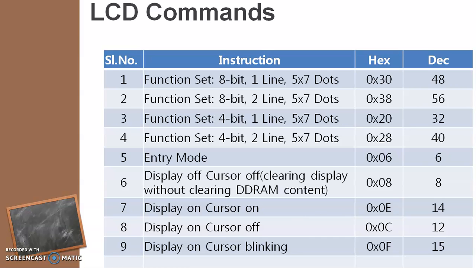Next one, entry mode. The character is going to be entered into the register, so therefore it is given as entry mode, whose command is 0x06. Then display and cursor off. So you make both the cursor as well as the display off, so that it will be appearing dark. So these are all the initial conditions by which I can check whether my LCD is working or not, for which the command should be given as 8.